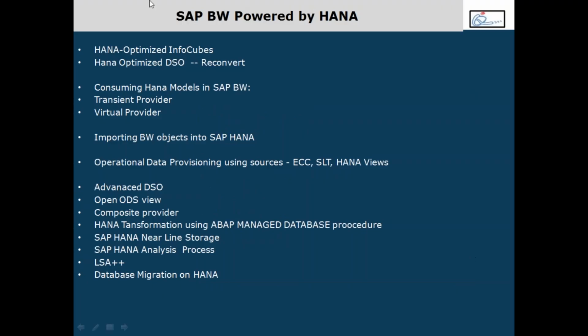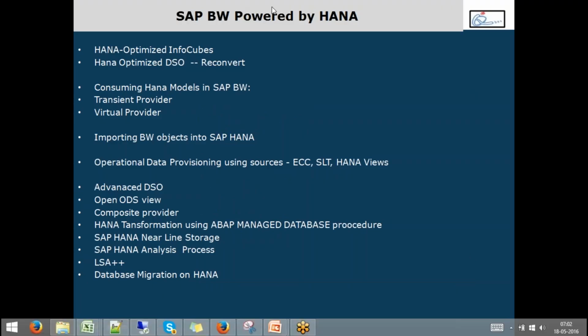From today, we're going to start with SAP BW powered by HANA, or you can say BW application running on SAP HANA database. As part of this topic, we're going to deal with HANA optimized cubes, reconverting of HANA optimized DS. Then we're going to deal with how do we consume HANA models in the BW, and how do we import BW objects into HANA. Then we're going to deal with operational data provisioning using ECC as a source, SLT or HANA views,